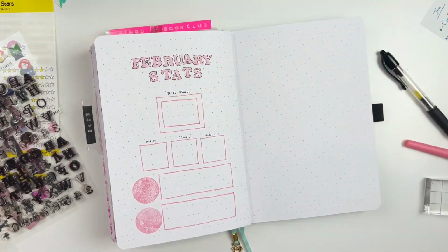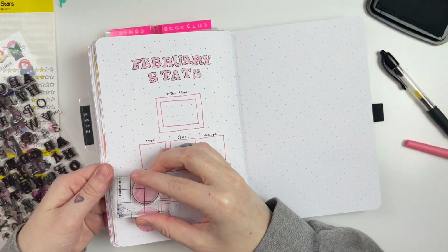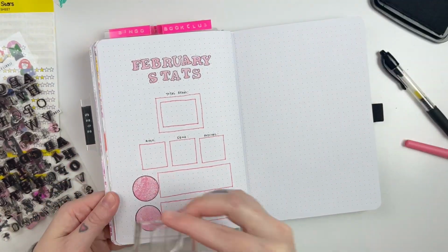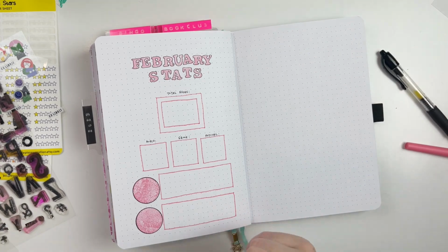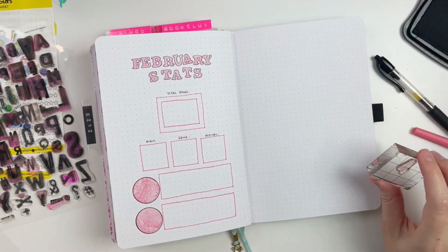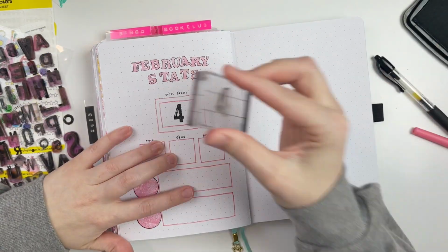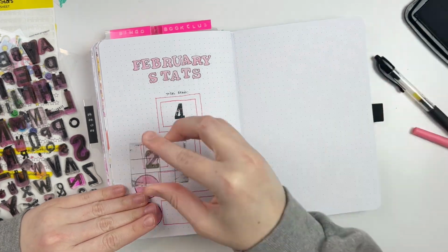So for this month, like I said, I only managed to read 4 books, which is just sad. Really, I only listened to 2, which I can't believe, because I usually listen to about 5 books. That's where the bulk of my reading comes from, because I can find a lot of time to listen to audiobooks. So, yeah, I only listened to 2 books this month, but the 2 books that I read